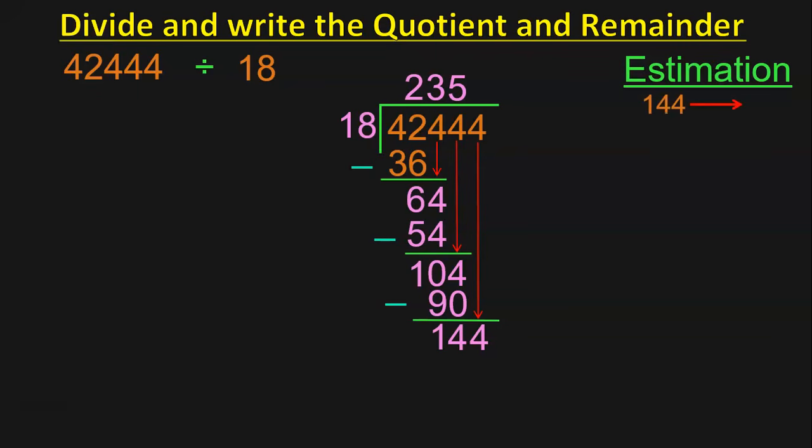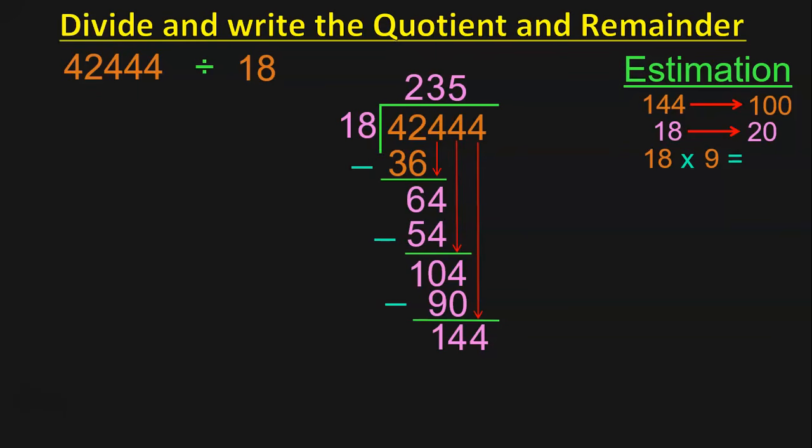Round off 144 to the nearest 100 and you get 100. Round off 18 to the nearest 10 and it will be 20. This is once again dividing 100 by 20, which will be 5. Just now we saw that 18 into 5 is 90, and we know that 18 into 10 is 180. So we need to find out what into 18 is going to give us 144 or a number which is